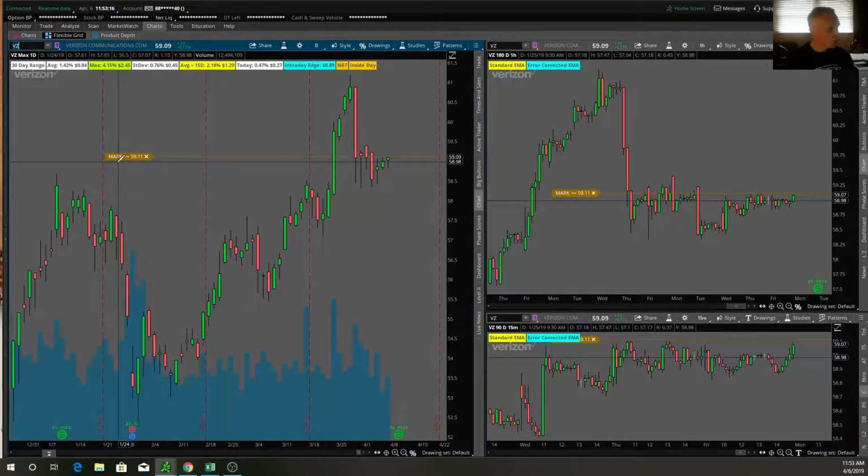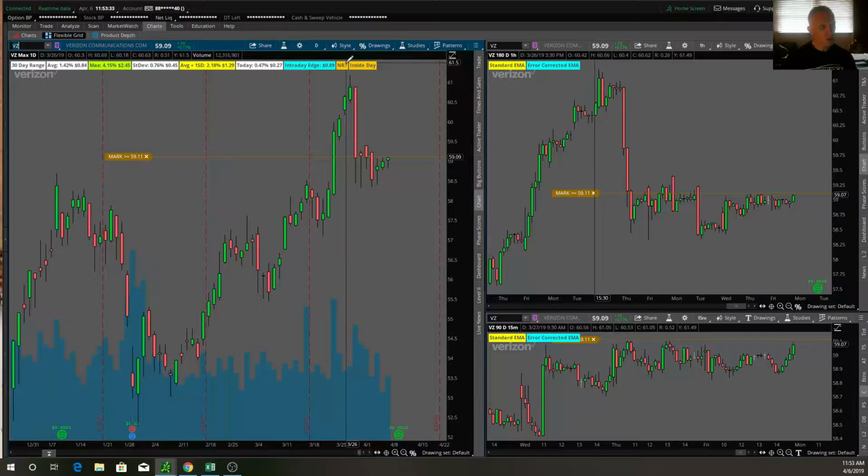Okay, I put an alert out on Verizon. I'm probably going to enter that one Monday. This thing is just screaming to go higher. If I'd have seen this Friday afternoon, I'd have went ahead and put a position on. You can see my alert set right here, but what I wanted to point out is